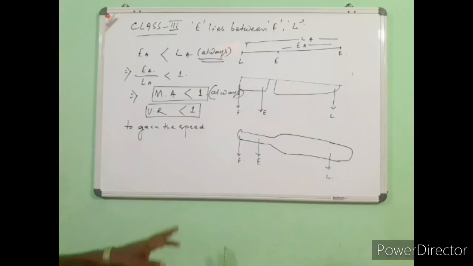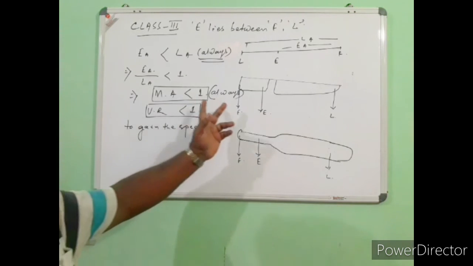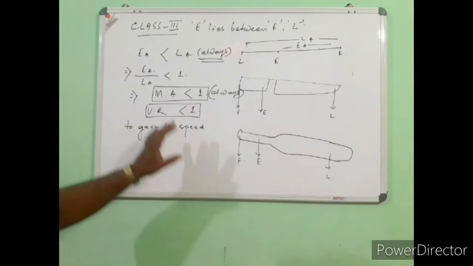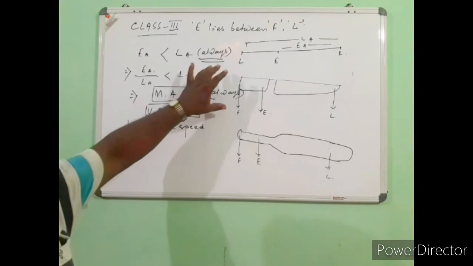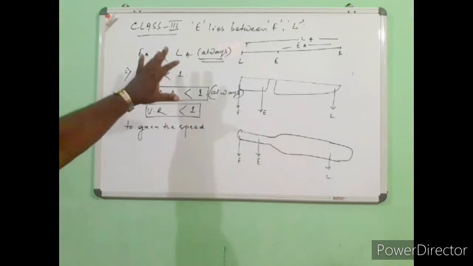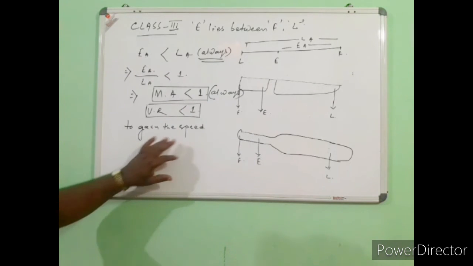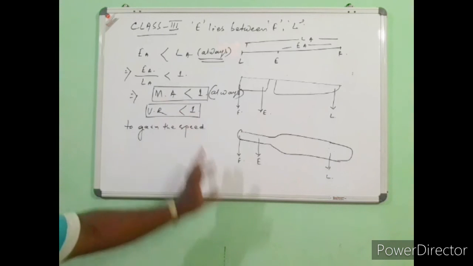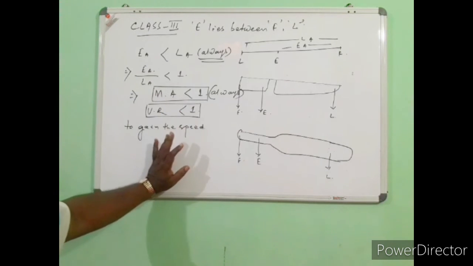less than 1, then blindly you can write this as your class 3 lever, because the word "always" means class 3 lever, because this is also a sort of condition which we have already come across in case of class 1 lever. So that is why the word "always" differentiates between class 1 and class 3 lever. So these are some of the class 1, class 2 and class 3 levers.